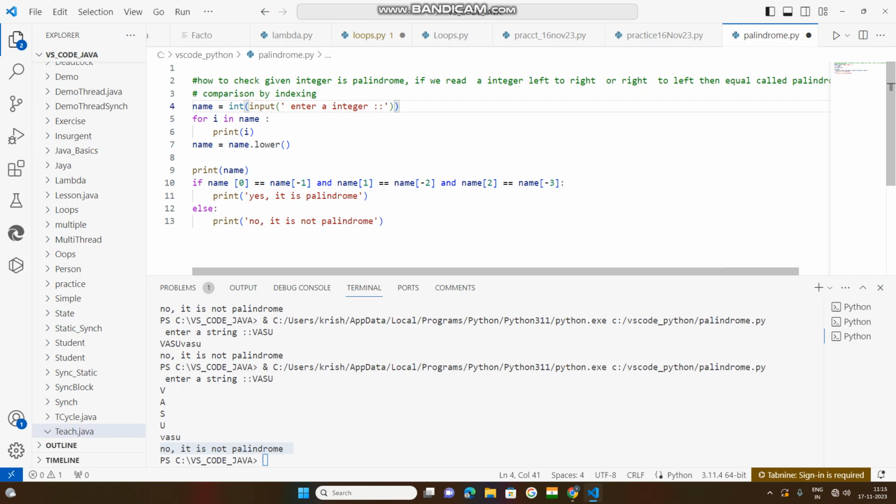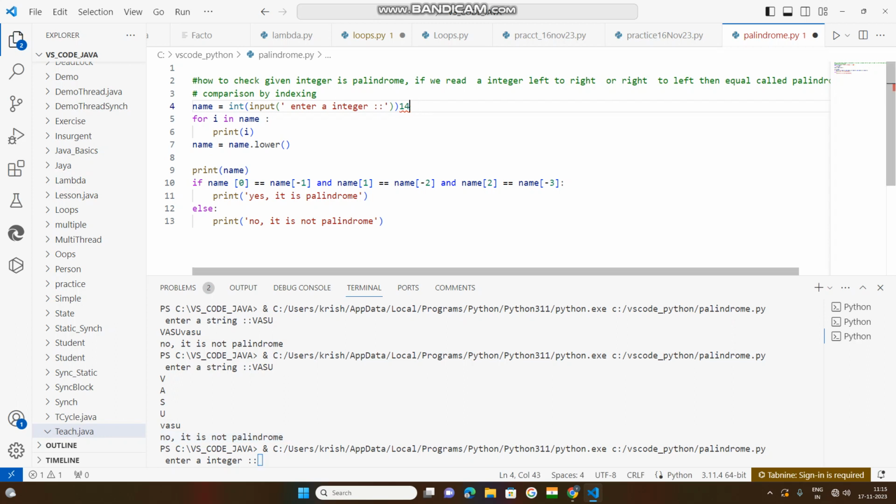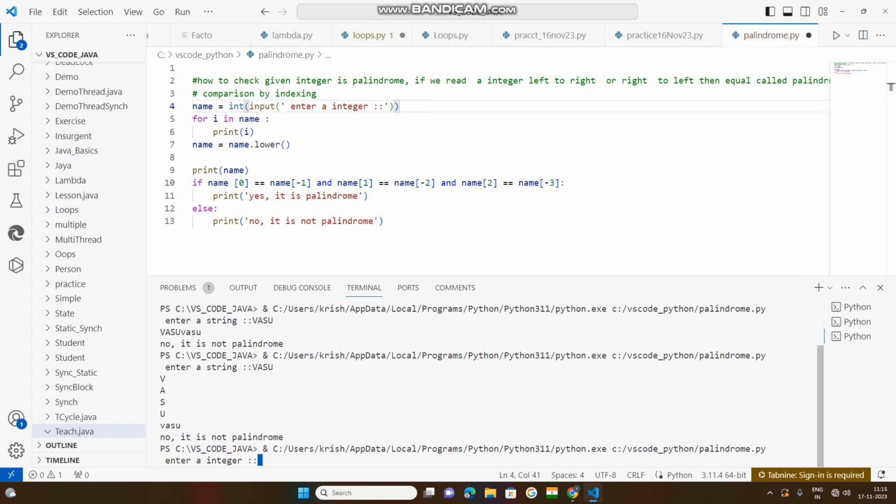Now after that, everything is as it is, and you compile this code. It is requesting a number, suppose 1441. Enter a number. The cursor is not here, so you enter the number here, 1441. See, if I read from left to right and from right to left, 1441 is equal. So now it is a